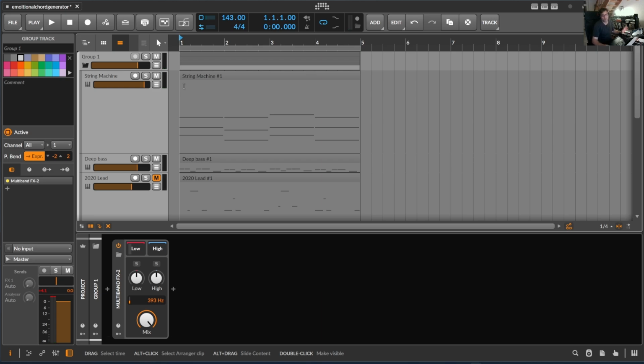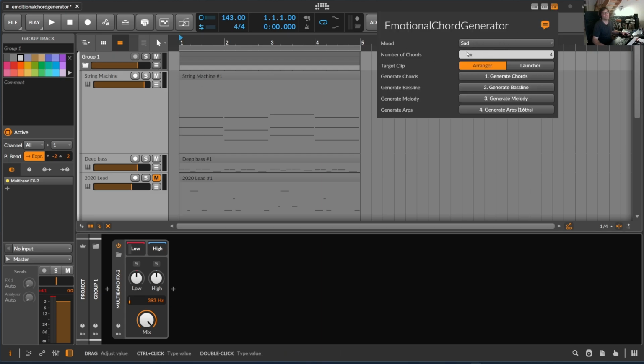At first it's about this cool, nice emotional chord generation controller script, which you can, as always, download from my